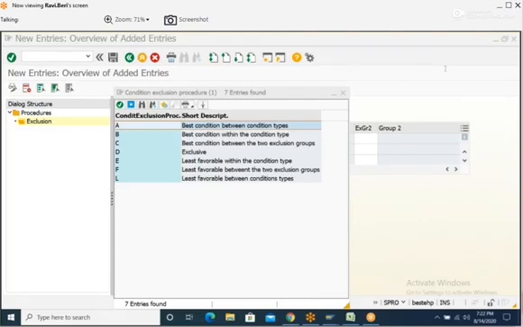B, sir. Between condition type means it will come to, that's why we can say B. Yes, sir.